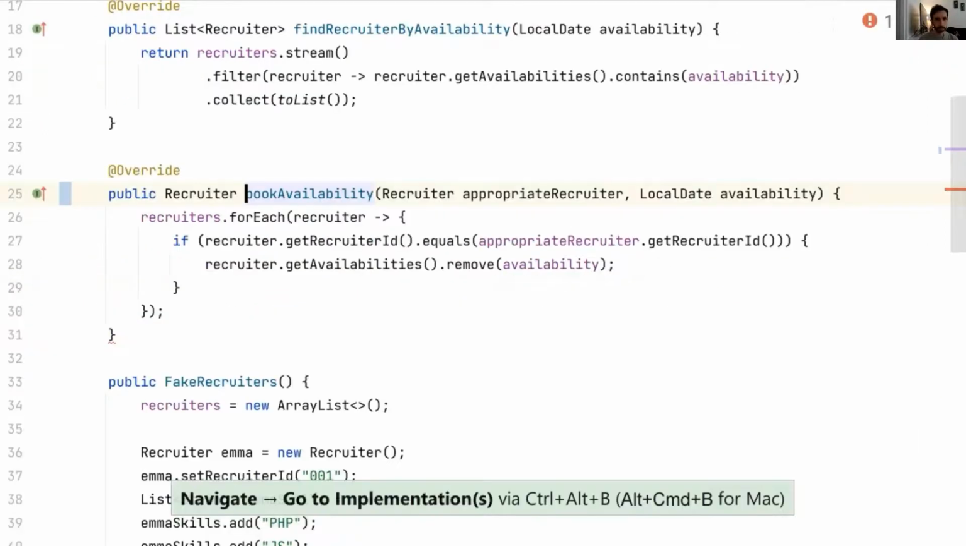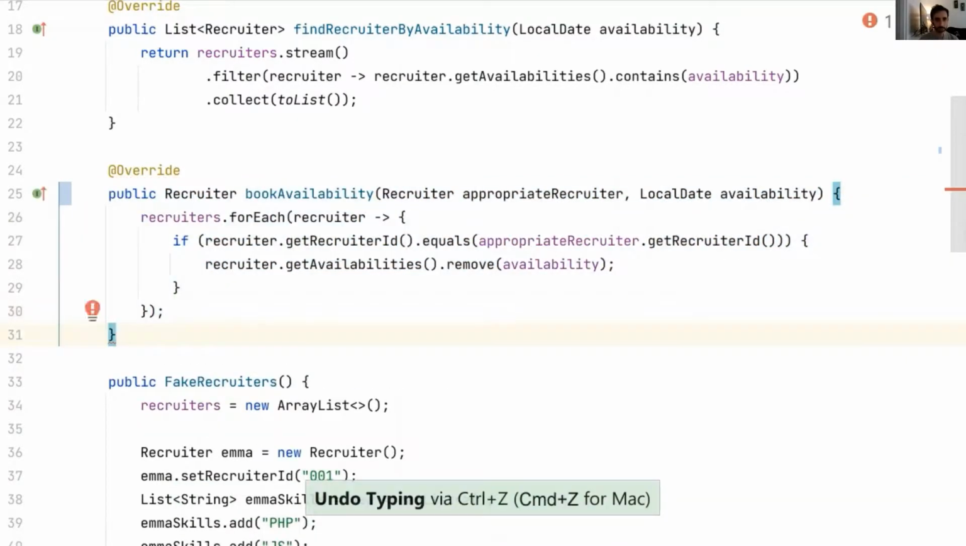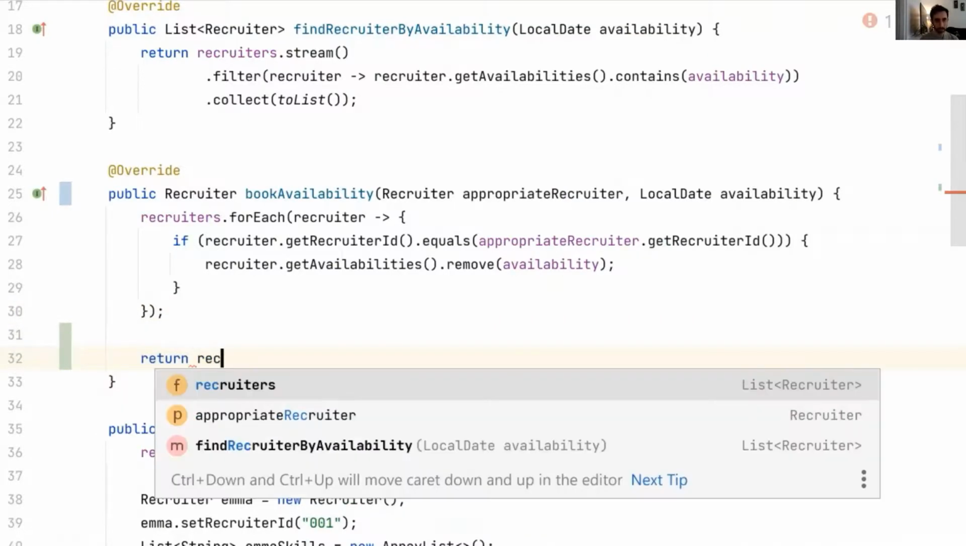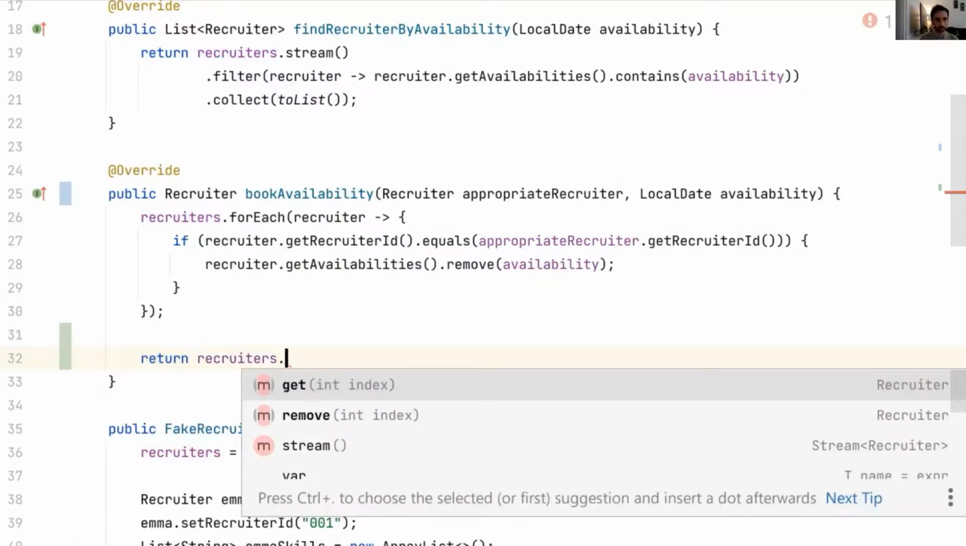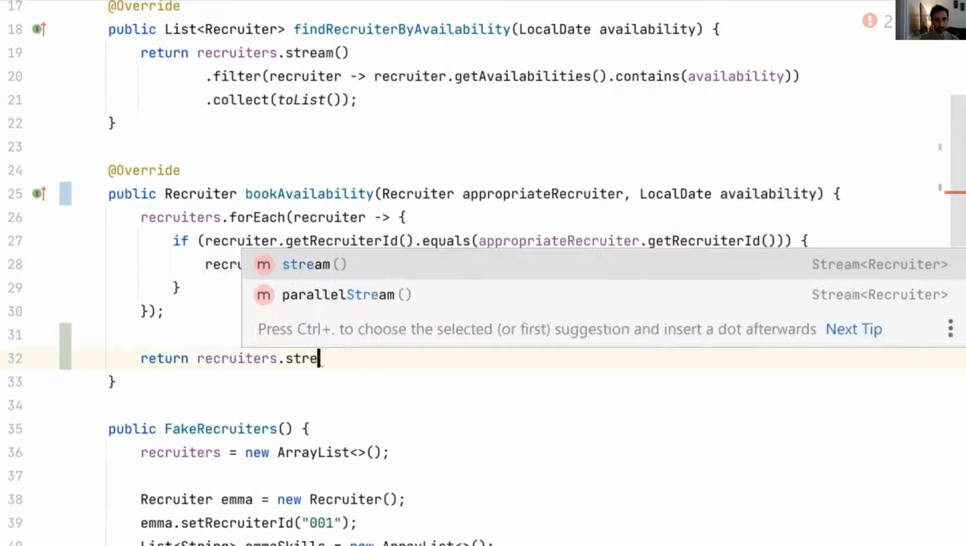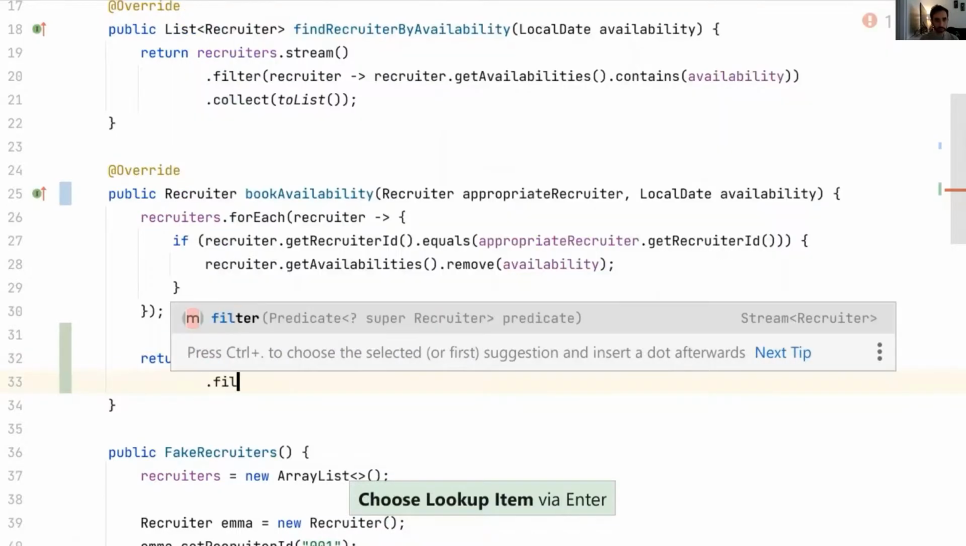But here in this method, I should return something. Let's return a recruiter. So the idea is to return between the recruiters. So here I will just go through the availabilities of my recruiter. I will remove the date of the interview, and that's all. So I will go through my recruiters. I will filter on